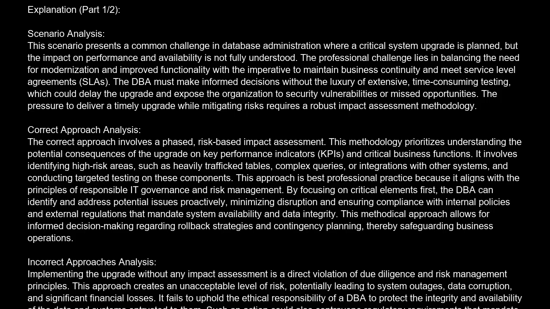Incorrect approach analysis. Implementing the upgrade without any impact assessment is a direct violation of due diligence and risk management principles. This approach creates an unacceptable level of risk, potentially leading to system outages, data corruption, and significant financial losses. It fails to uphold the ethical responsibility of a DBA to protect the integrity and availability of the data and systems entrusted to them. Such an action could also contravene regulatory requirements that mandate business continuity and disaster recovery planning, exposing the organization to